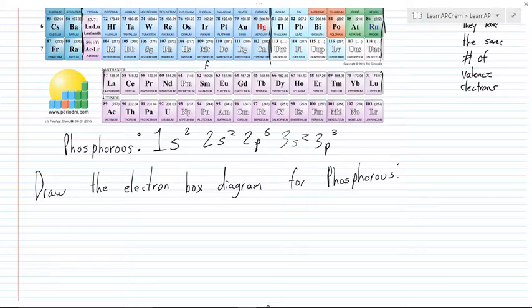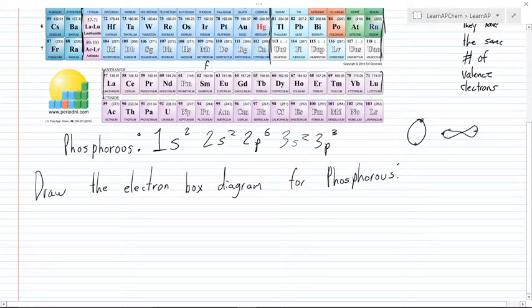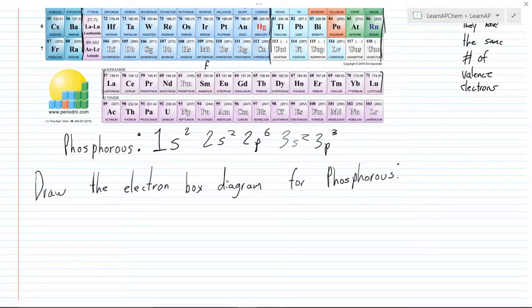And that's just because our p orbitals have 3 at each energy level, where s's only have 1. So one actual s orbital, which is a circle, can only hold 2 electrons. And the same thing goes with a p or a d. But there's just more p's. There's 3 of them per energy level, while in s there's only 1 per energy level.